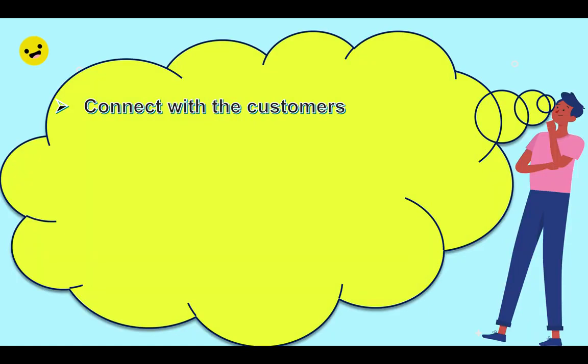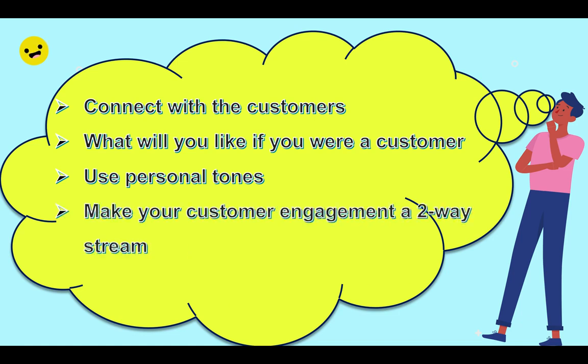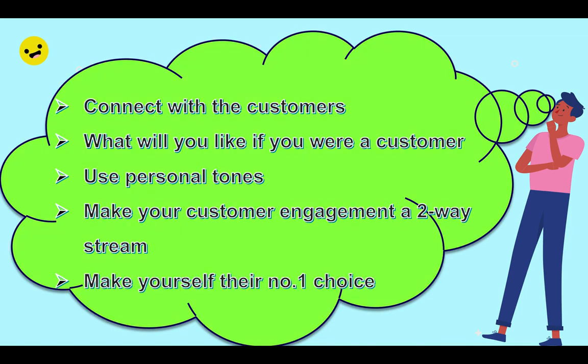Take a simple example of when you are looking for a hair color or you're looking for a new face wash. What would you like to be helped with by the seller? So try to use personal tones, talk with them, feel the reason they would want to use your product and use those points and approach in that way to pique their interest. It should not be a one-way stream of you giving information, but rather a two-way stream where you incorporate their feedback actively and provide them with better and enhanced solutions, making yourself their only choice.